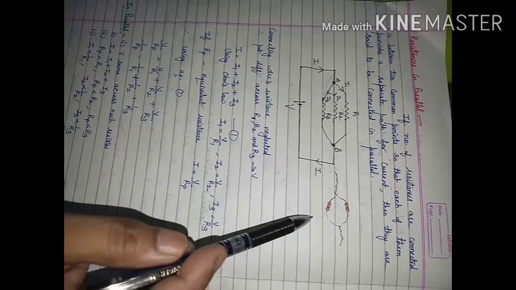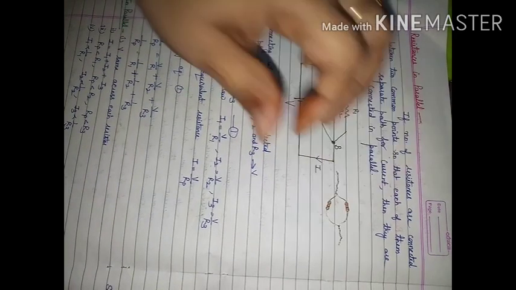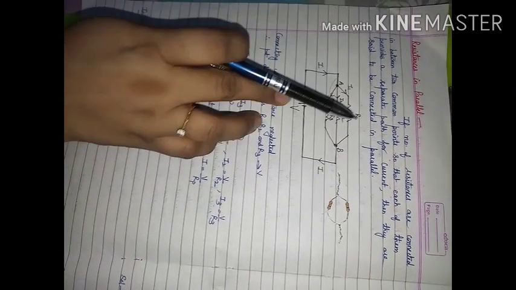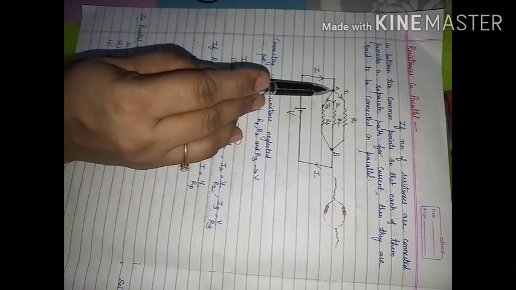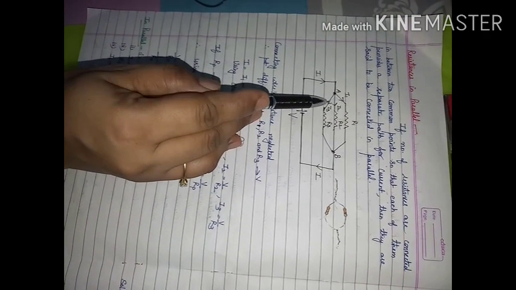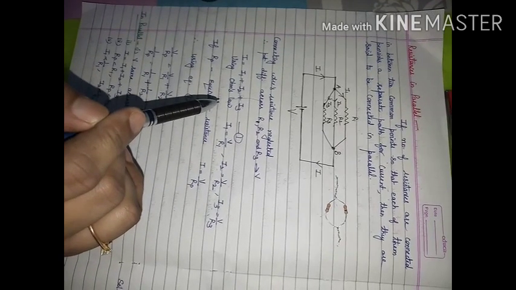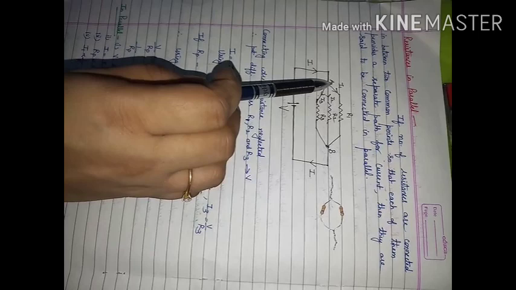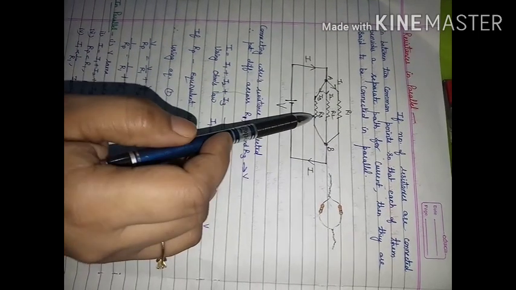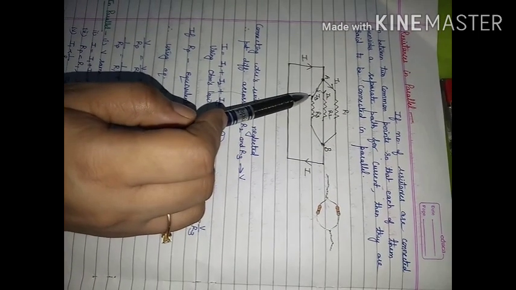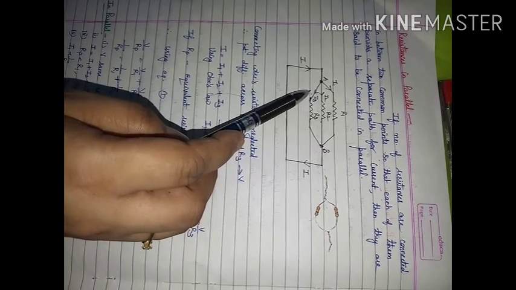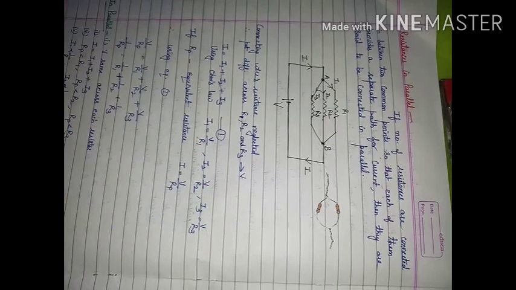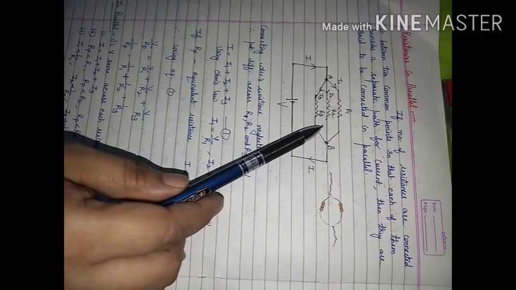So when resistors are connected in parallel, then current will start flowing from the positive terminal, and at this joint it will divide itself into three parts. In this case, the current flowing through R1 is I1, R2 is I2, R3 is I3. These three values can be different, these three values can be the same. It will depend on the value of resistance that we are going to have.